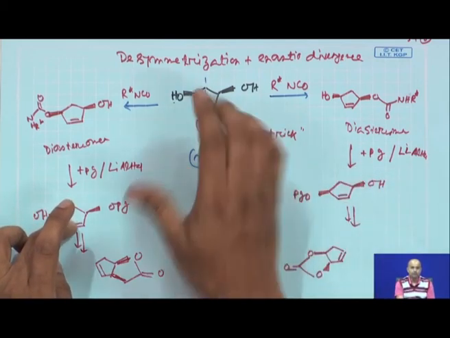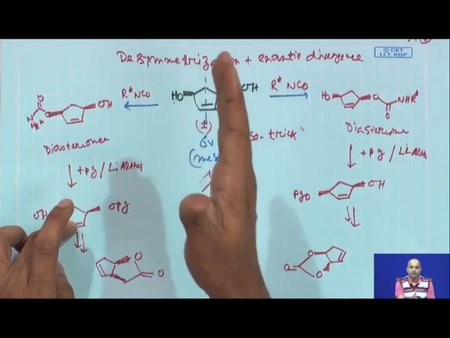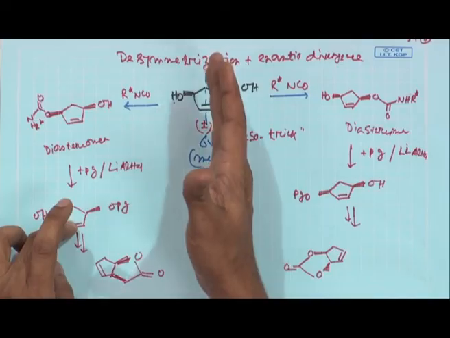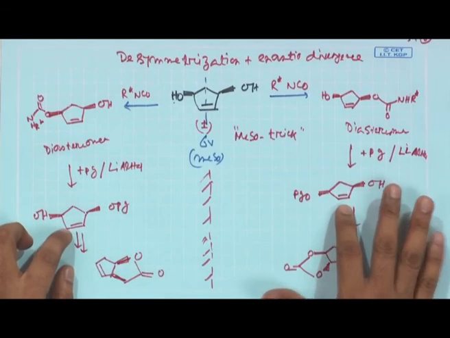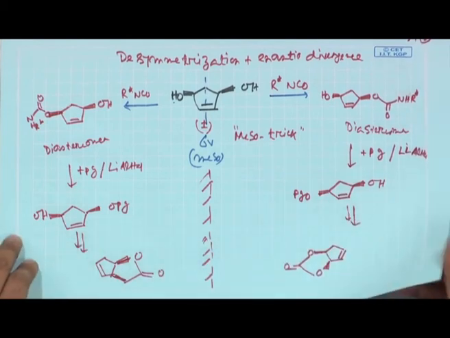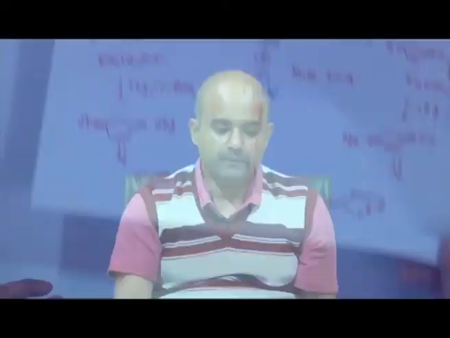So, the meso compound's chirality has been internally compensated, but we use that internally compensated chirality to separate out two enantiomers, and this is basically an enantiodivergent approach through a desymmetrization pathway. It is very useful, and we can subsequently see how this divergence is very helpful in our subsequent pathway.